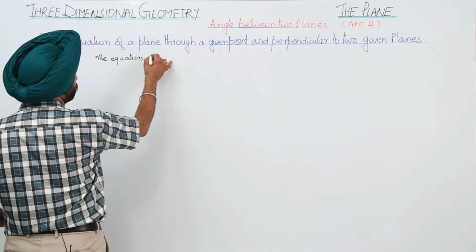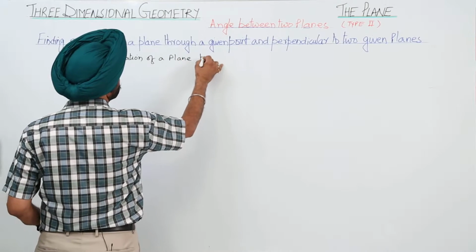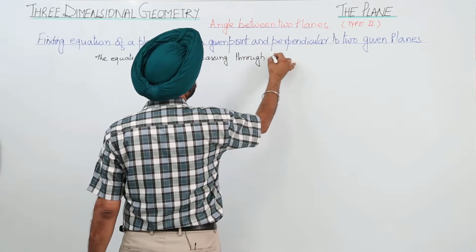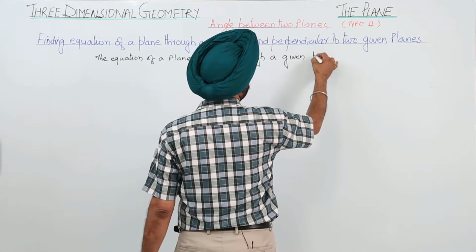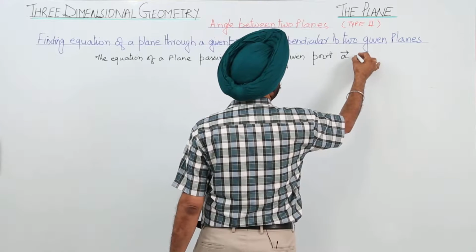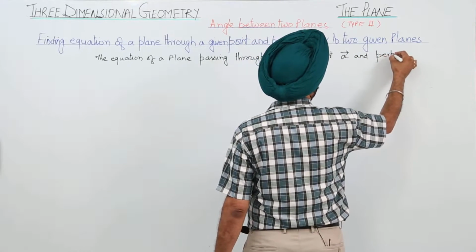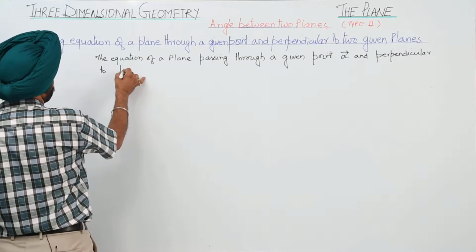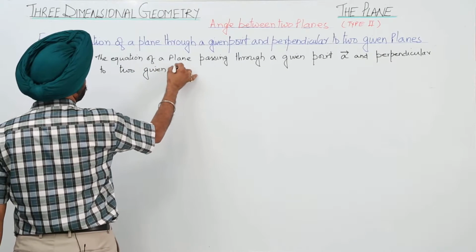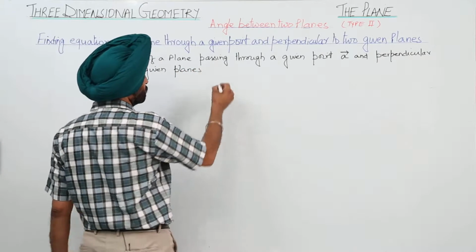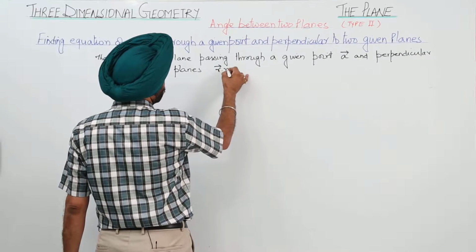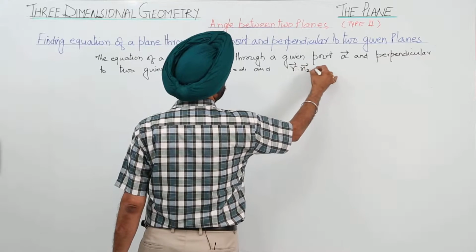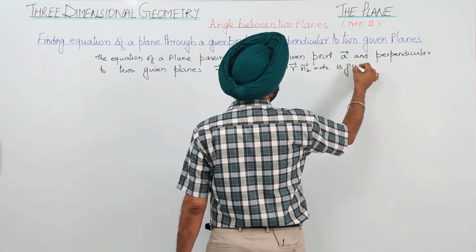The equation of a plane passing through a given point, that is vector a, and perpendicular to two given planes, and the equations of the planes be vector r dot vector n1 is equal to d1 and vector r dot vector n2 is equal to d2, is given by,